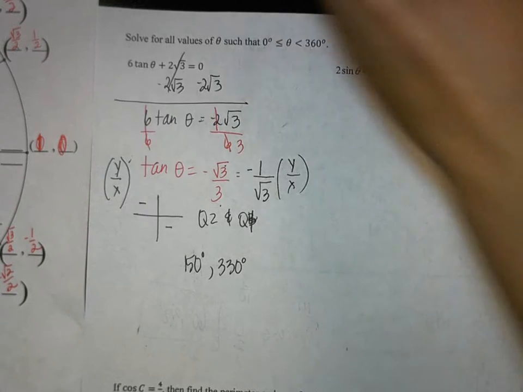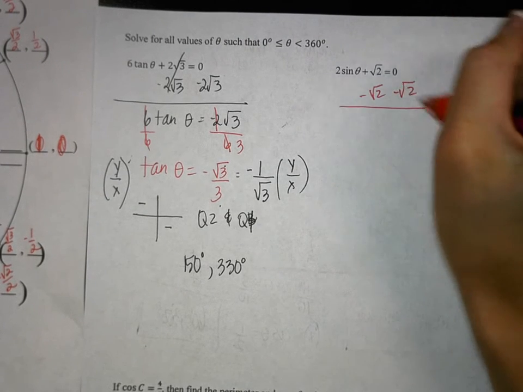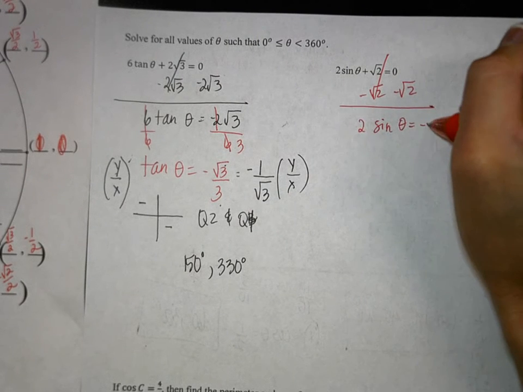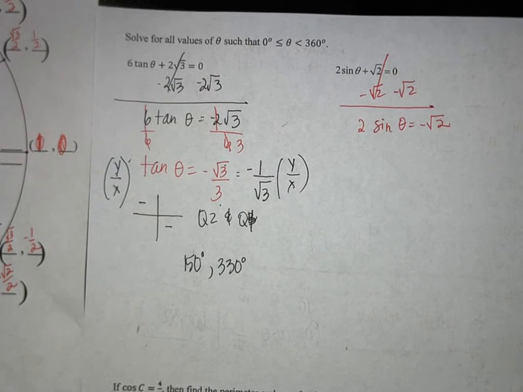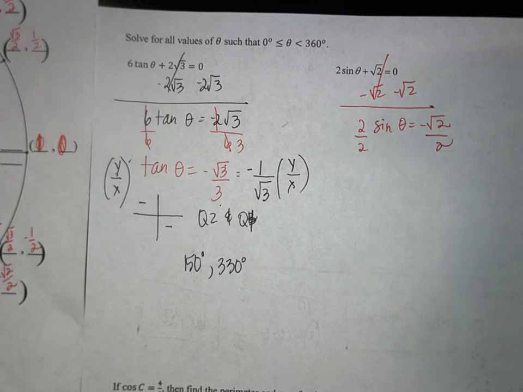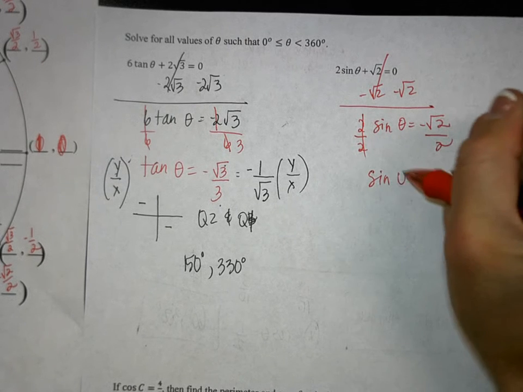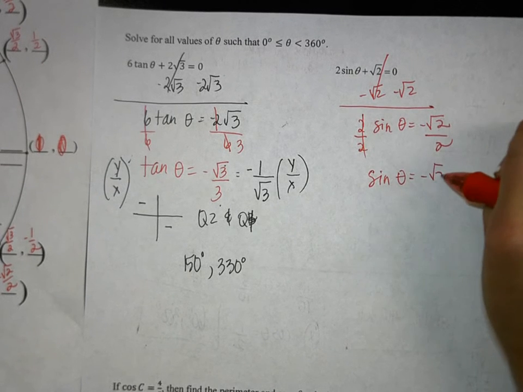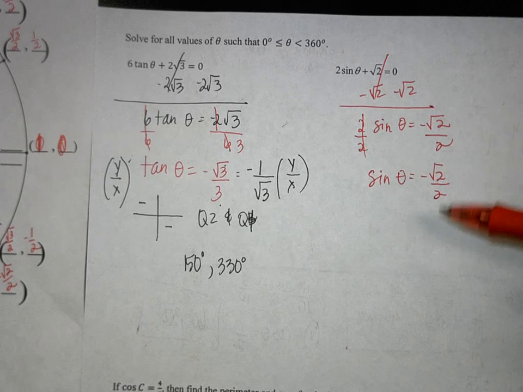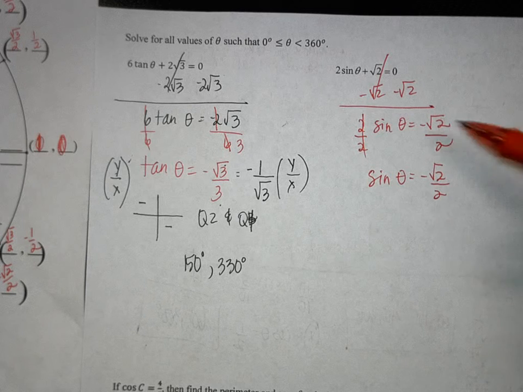Good. Subtract root 2. These cancel. We get 2 sine theta equals negative root 2. Then I will do what? Divide by 2 to both sides. And so we have sine of theta equals negative root 2 over 2. Now this one, we can see that it's been rationalized, but the only one we need to change is tangent,